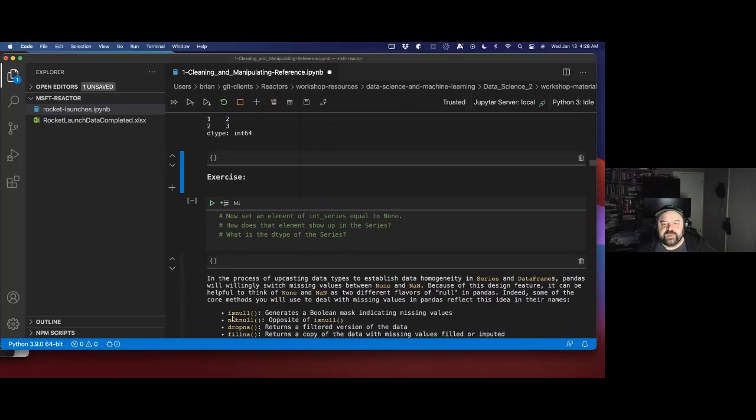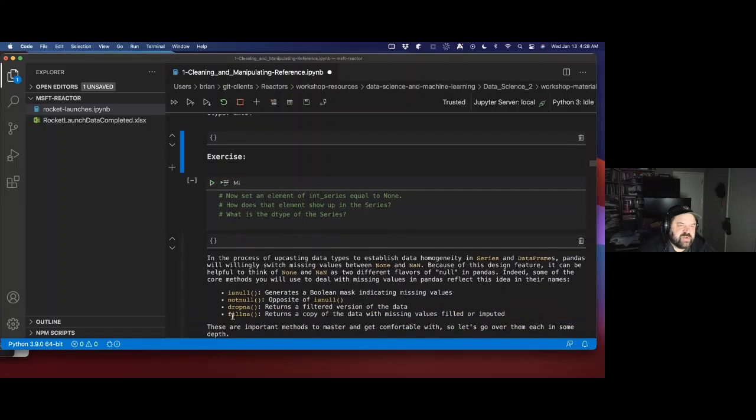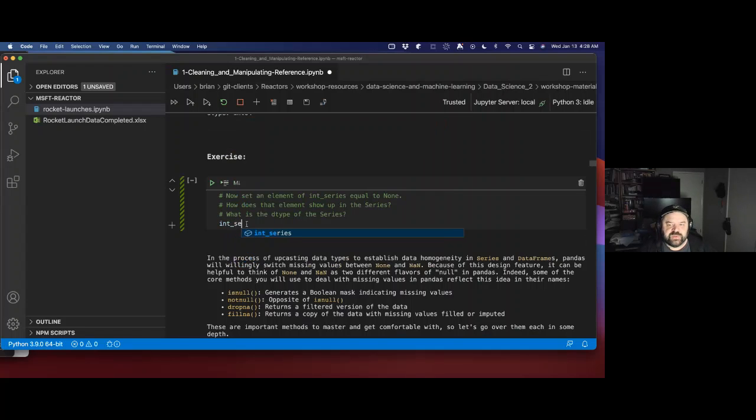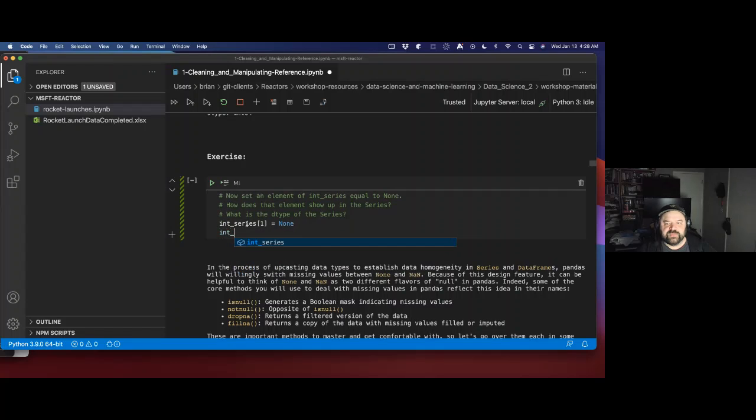All right. Now, once you have your data set, obviously the goal is to remove the missing values, but for our purposes, we want to put it into a state where there are missing values. And just to show you, one of the things you can do is you can assign one of those values to be the value None. So if I say int_series 1 equals None, and then look at the int_series,